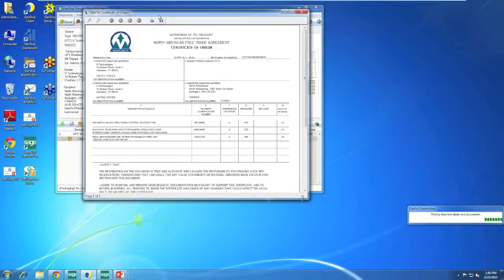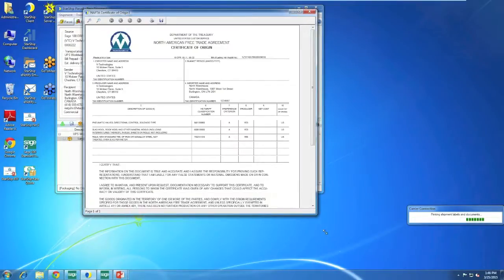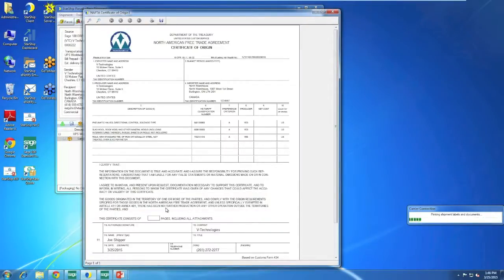Our next box here. So here's just an example of a NAFTA form that I customized. All the documents in Starship can be customized. Maybe you want to add your logo. But again, we're pulling all that header information on the documents for you, along with the line item detail. So here's my harmonized codes, the description of goods, and then on the bottom here I've linked in the